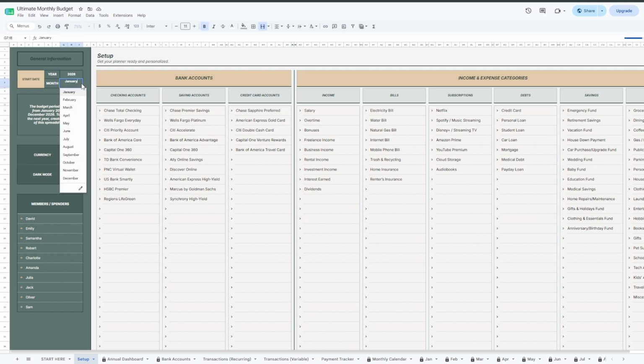The first thing you need to do is set your start date. Enter the year, select the month from the drop-down menu, and choose your preferred currency. Right after that, you'll see the option to enable dark mode if you prefer a darker theme. This is completely optional, but if you enjoy working with a darker layout, simply switch it on, and the planner